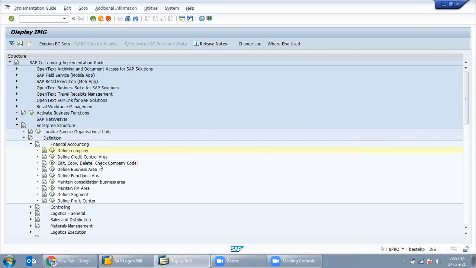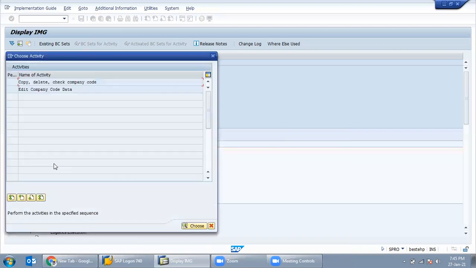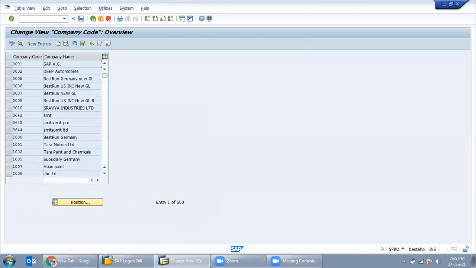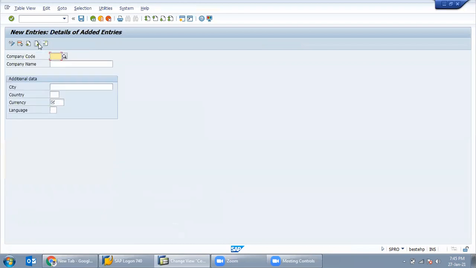The third option, that is Edit, Copy, Delete, Check Company Code. In this option, we are going to create a company code. Okay, just click on the IMG activity, then click Edit Company Code Data. So click on New Entries.